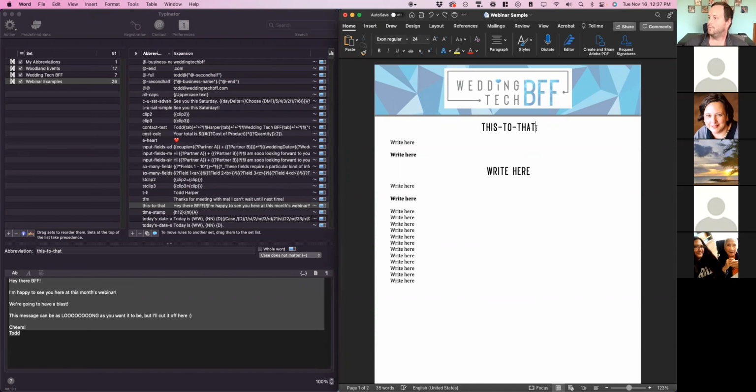I want to make all of these shortcuts something I will never accidentally write. Because what if this isn't a good example, but what about my name? My full name is Todd Harper. You'll notice that this starts with TH. If I want my name to auto expand to Todd Harper every time I type TH,